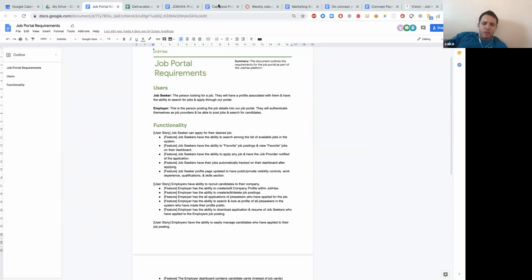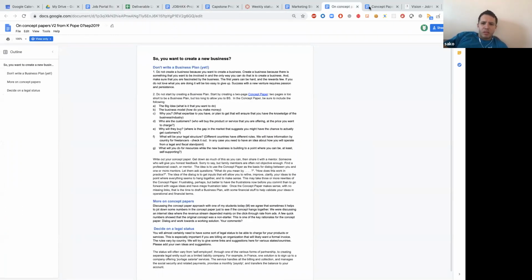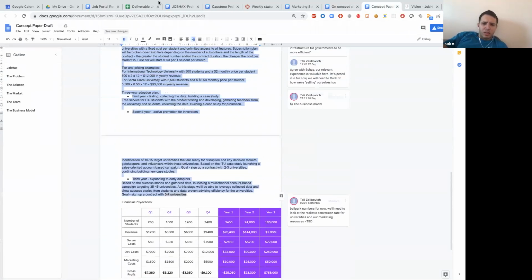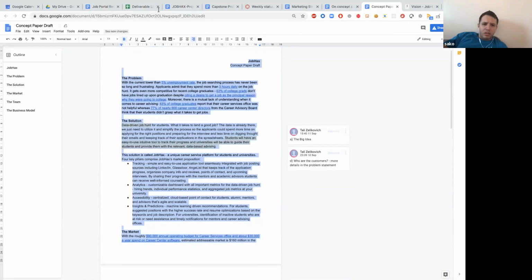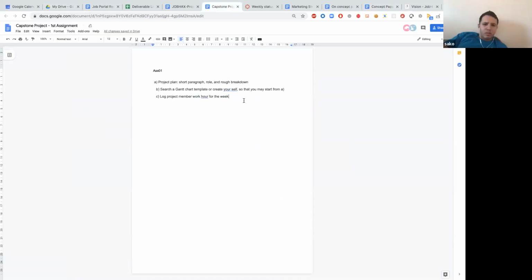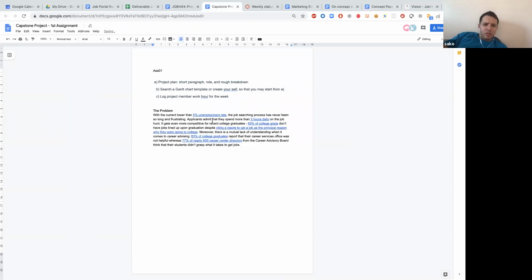Basically, before going into it, we need the concept paper. Let me open it. So here's the problem. Should we take that problem and reuse it in Assignment 1? Yes, we can. The problem is that the current job search takes more than 3 hours on the job and assignment.